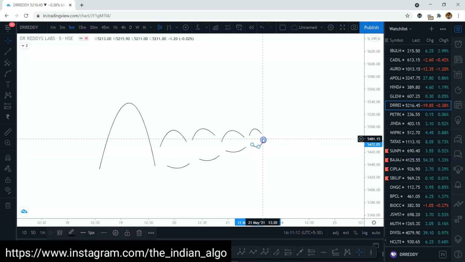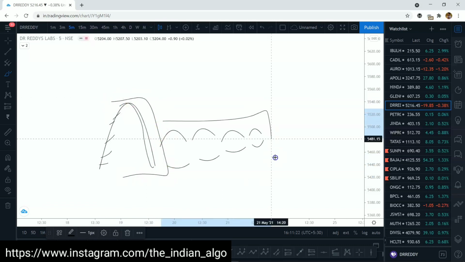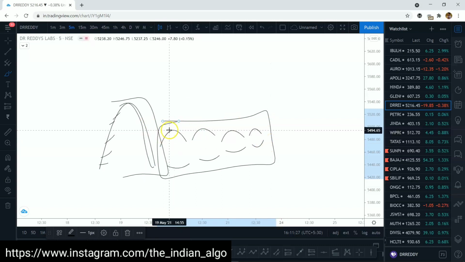this. All right, so this is what you have to wait for. You have to let the prices do their work. So probably for this day and for this day, you will not get any trade. This is where you'll have to keep your patience. This is where you have to keep your calm.